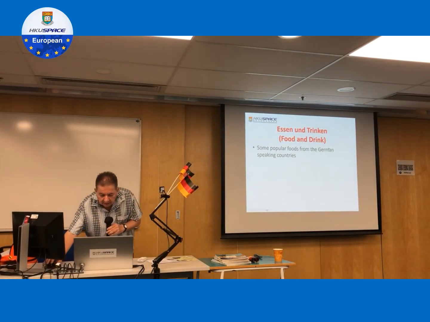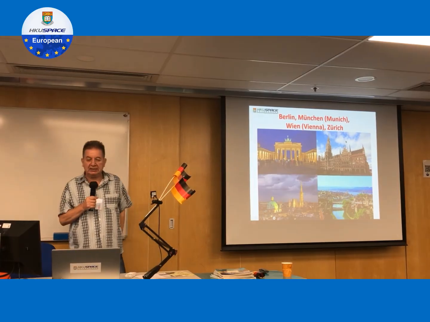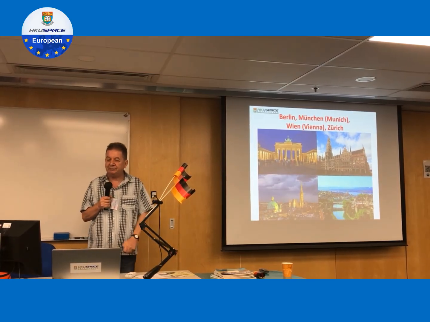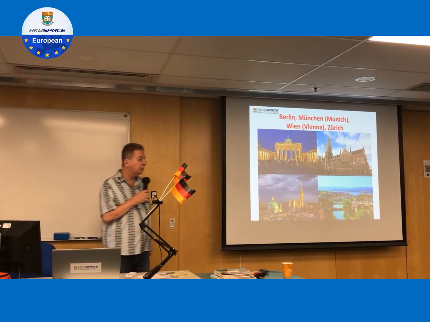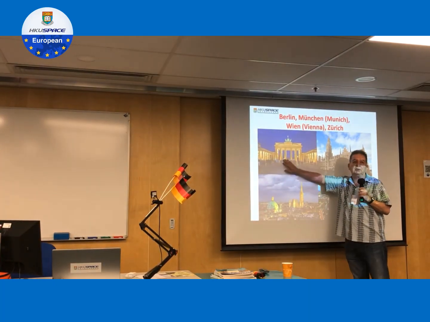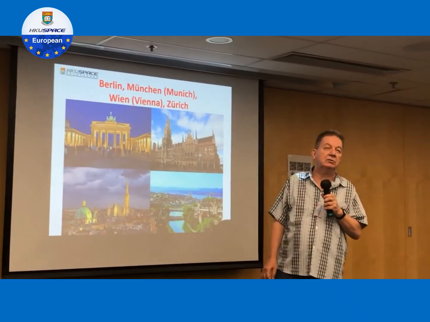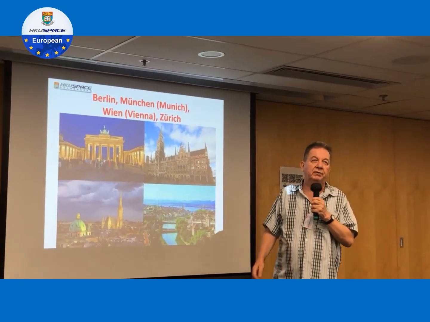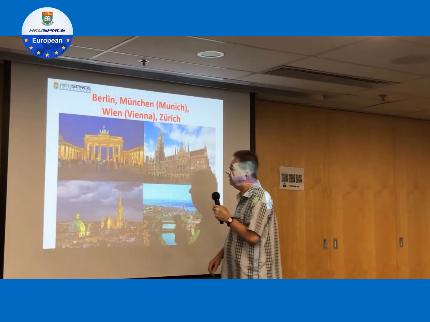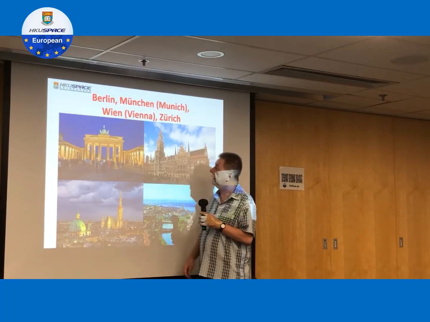Okay, let's have a look at some cities here. Let's read the cities together. Berlin. Berlin. Yeah, we see here Berlin. Maybe you recognize the Brandenburger Tor, the symbol of German unity, right? The structure is about 250 years old, but it became well known after reunification in 1989.